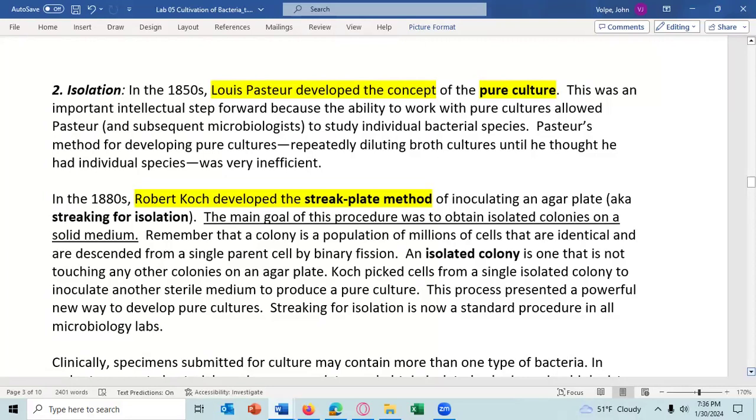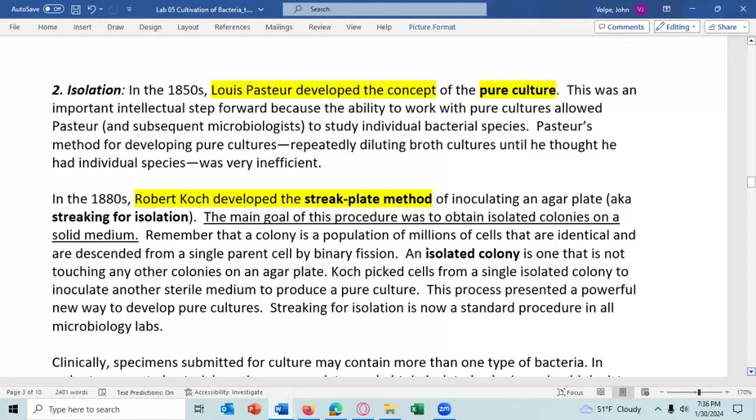Louis Pasteur did come up with a way of obtaining a pure culture, and that is he got a liquid, grew things in liquid culture, and then took dilutions of his growth. He would take many different dilutions, and then he would replica plate to each dilution 10 times. And if in one of the dilutions, he had only one tube with growth in it and 9 tubes with no growth in it, then he correctly assumed